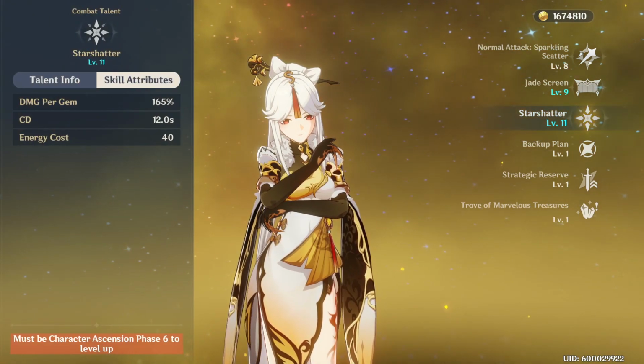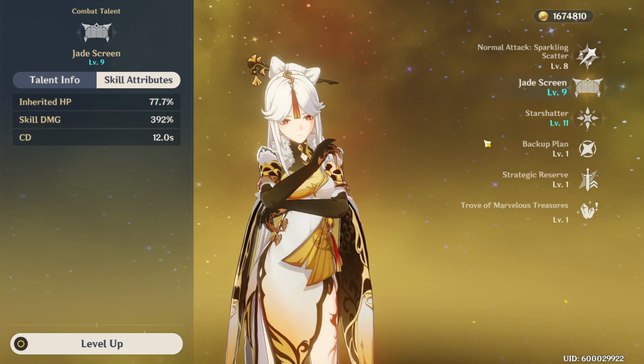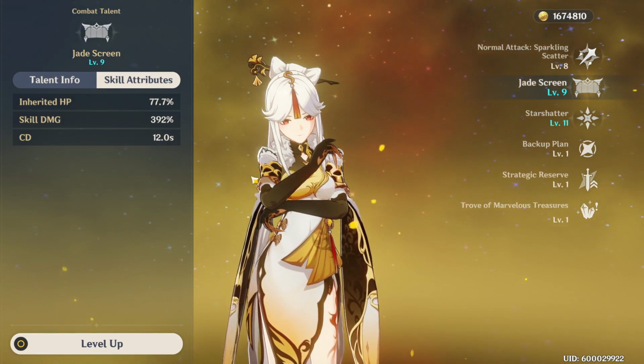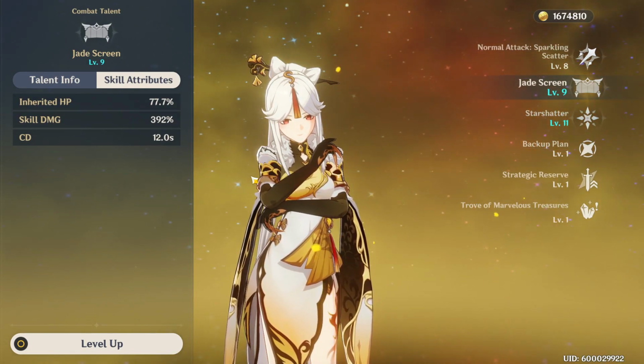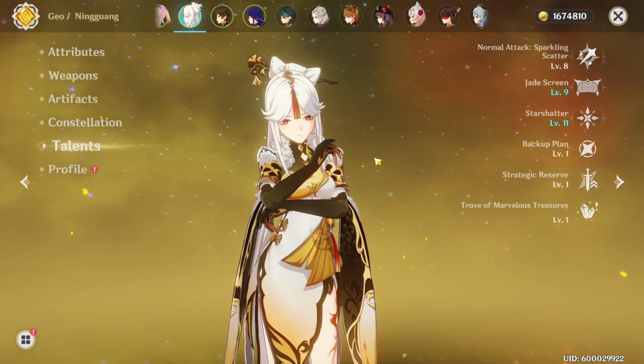She has a low cost burst of 40 with a low cooldown of 12 seconds, and it does really solid damage. Not to mention her E skill, even though it has a cooldown of 12 seconds, you can get it back up if you have some constellations, but it's still really solid. Boosts the team's Geo damage, does plenty of damage itself, protects the team a little bit, and generates really good